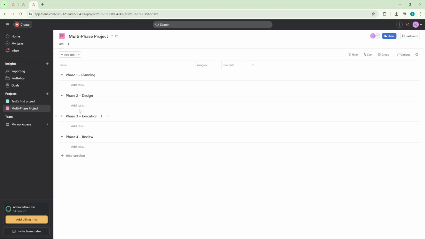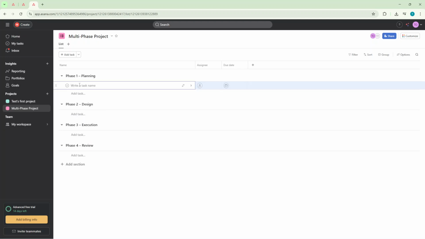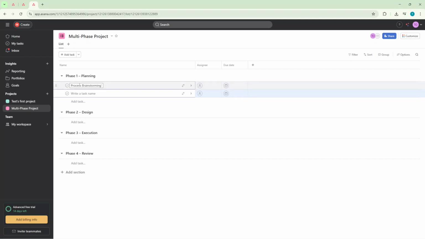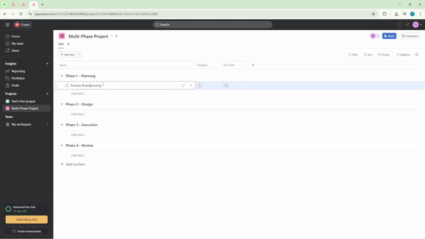Under each phase, click Add Task, type the task name, and press Enter. Keep going to list out all the tasks you know about. Don't worry about perfection at this stage, you can always refine names later. If you're unsure how to phrase a task, start with an action verb and a specific outcome, like draft requirements or finalize mockups. Pressing Enter quickly adds the next task, which makes it easy to capture a whole list without